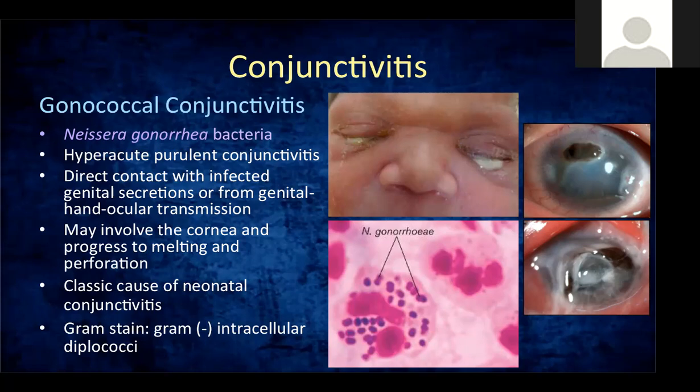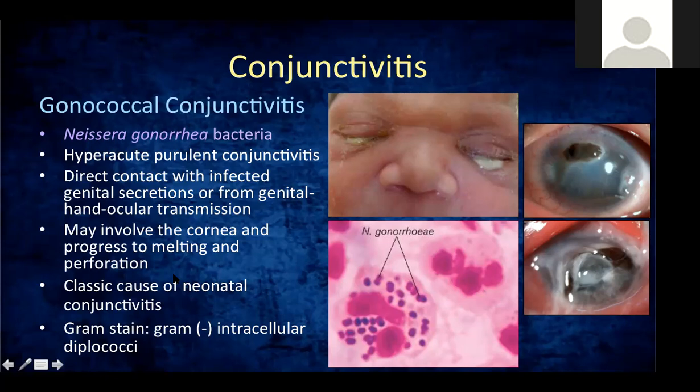Eventually, after 3 days, natunaw na lahat ng cornea niya. Okay, so this eventually had corneal transplant. Even children or newborns can get infected with gonorrhea bacteria, especially if they pass through an infected birth canal, pag spontaneous vaginal delivery. Okay.